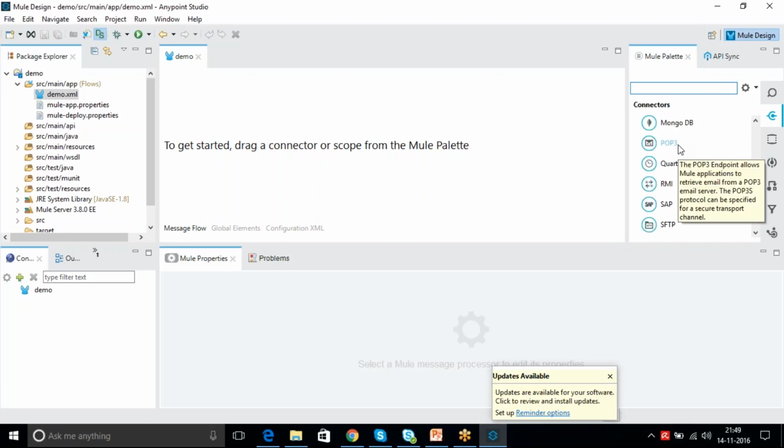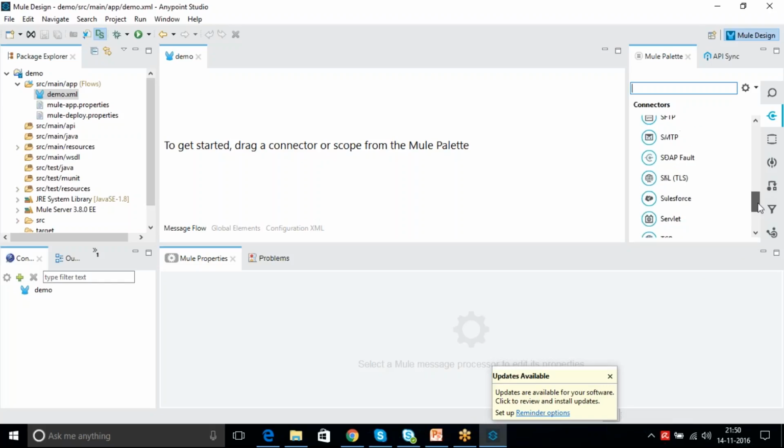A POP3 connector. If you want to read messages from the mail server, let's say you have a requirement to read the attachments which you get in the mail, for such requirements you need to use the POP3 adapter. By using this POP3 adapter, you can read the message inside the body or attachments of any mail. And SAP connectors to interact with SAP systems, and SFTP, secured file transfer protocol,